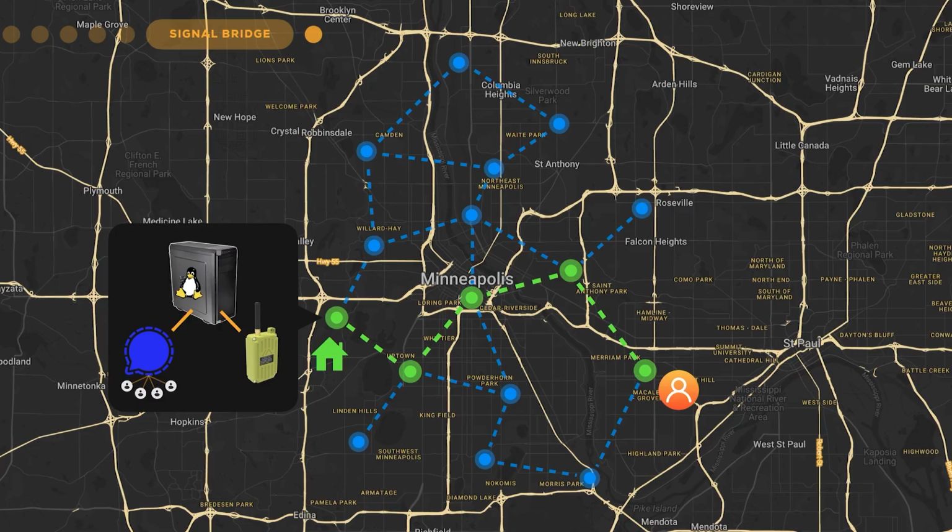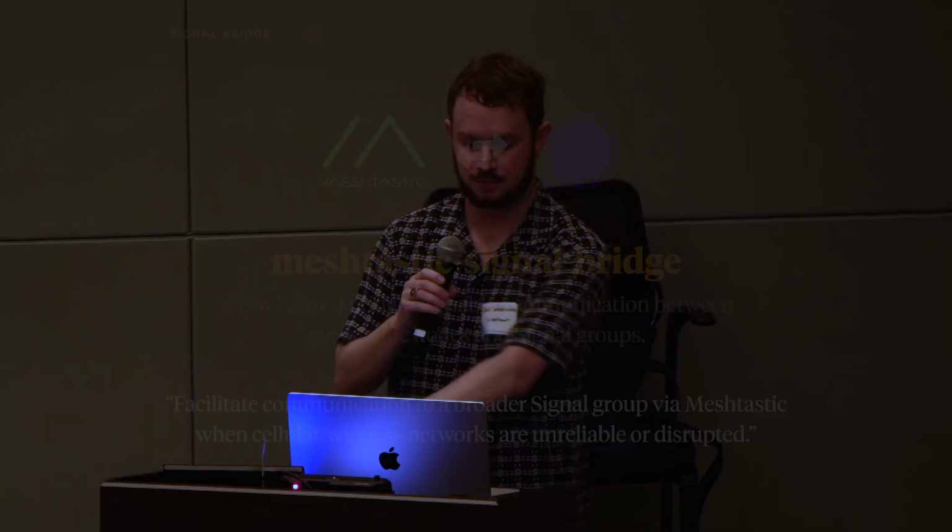It also supports having multiple people on the mesh. Maybe you're with a couple of friends who also have mesh devices, or maybe there are other people not in your physical vicinity who are also trying to utilize the same communication groups. This is also a bit of a proof of concept of something that I wanted to put together, like I mentioned, in light of recent times. And it's something that I think is an interesting piece of software.